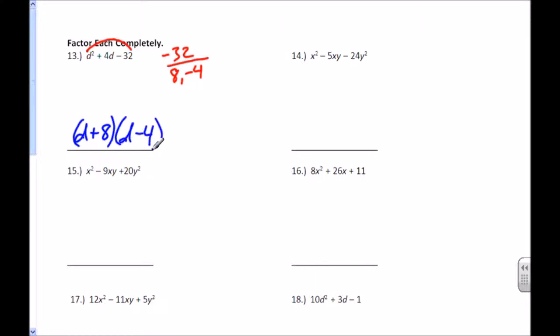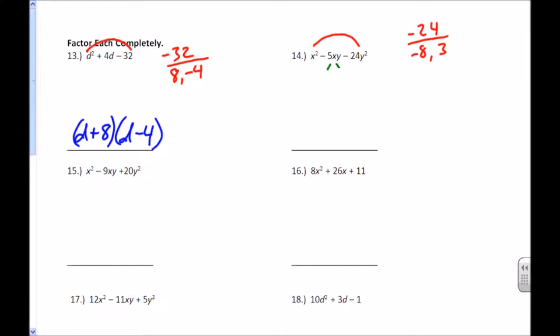And number 14, really, I treat this the same way. I still build a bridge. So I do 1 times the negative 24, which is negative 24. Two numbers that multiply together to give me a negative 24, but add together to give me the negative 5 are a negative 8 and a positive 3. And then from here, if we're concerned about making a mistake trying to use our shortcut, we can do it